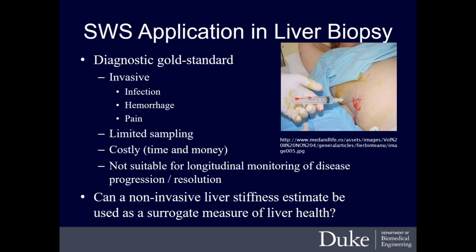The problem, of course, with liver biopsy is that it's invasive, has a risk of infection and hemorrhage and pain. Hemorrhage can be a real concern because in the case of liver dysfunction, you could also have compromised clotting abilities. Of course, you're also usually taking a single needle core of a very large organ, so you have limited sampling. Because you have post-procedural monitoring times and processing here, it can be costly to do. And because of all this overhead, it's not very suitable for longitudinal monitoring of progression of disease or response to